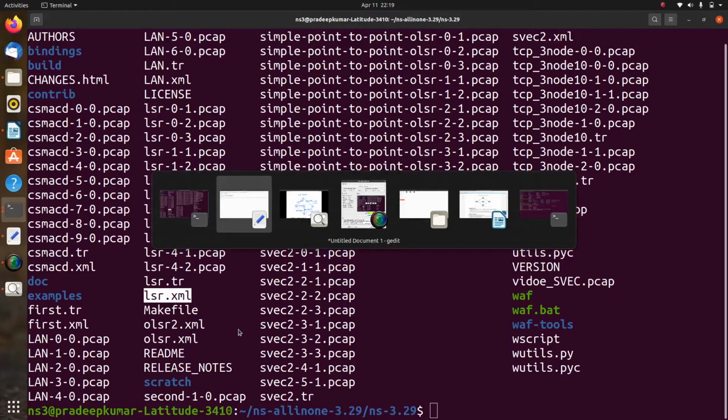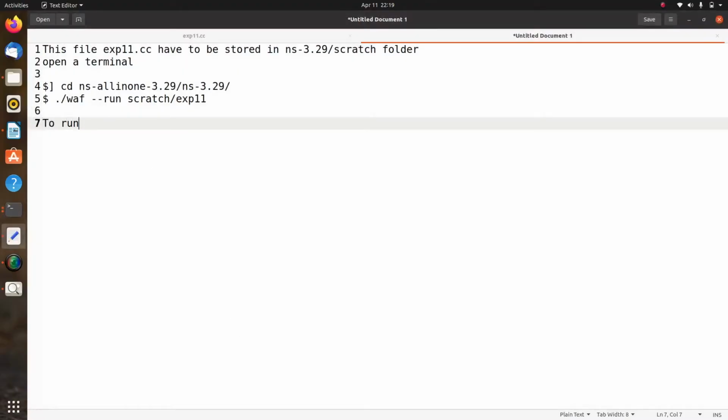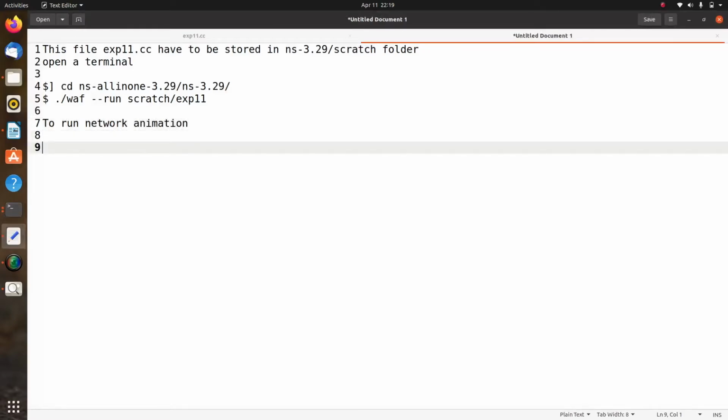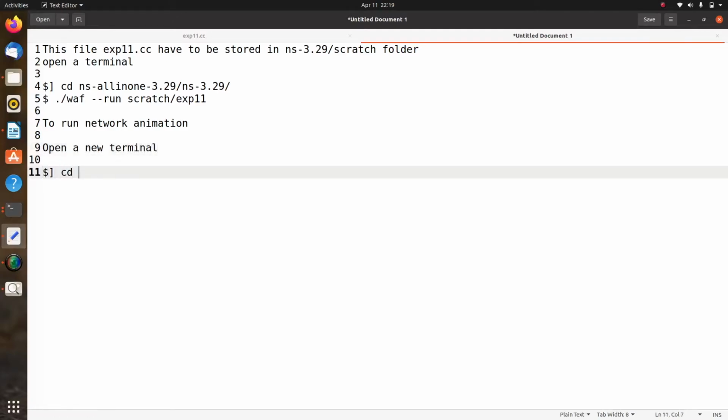So now to run the network animation, within the same window, or if you open a new terminal, then in the prompt what you do is cd ns-all-in-one-3.29/netanim-3.108. So using this you can go.